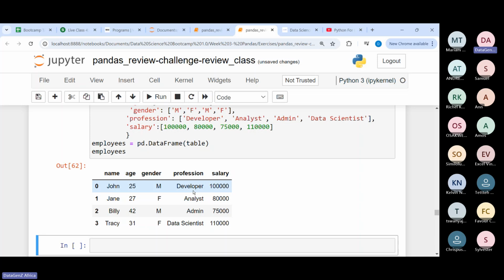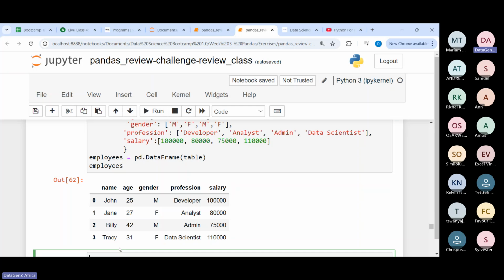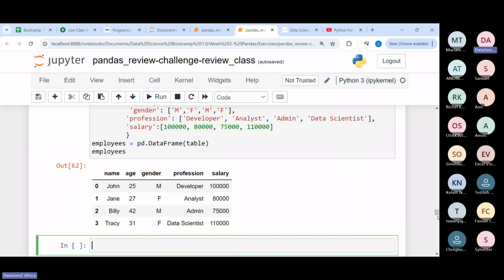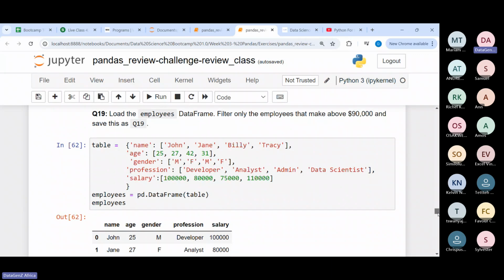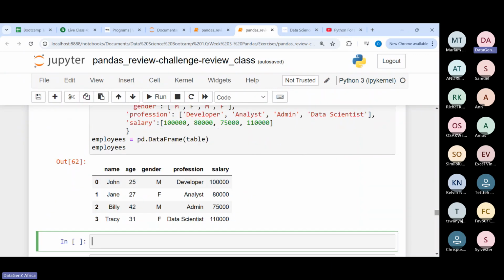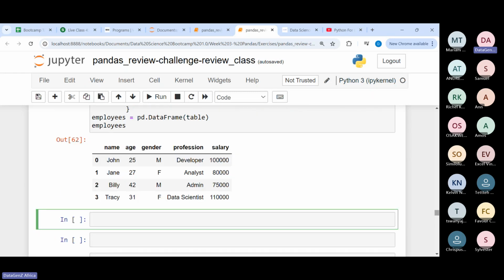So that's where your knowledge of indexing comes in. The first thing that comes to mind is what? You'd use the name of the data frame. We want to focus on all the records of the people that make 90,000, and exempt other people. So we're going to use our knowledge of Pandas. You can just say employees,